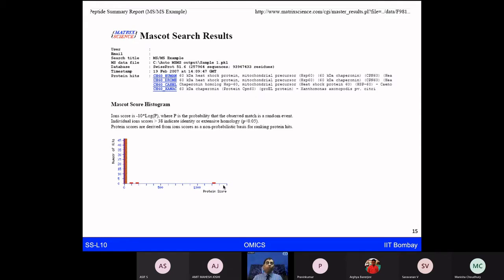Now how to compare, is there anything different in the patients who are having mild fever or the patients who are having severe fever? To do this kind of comparison, let's say you have run every patient sample and analyzed all their proteins using proteomics. So you now have 100 data points, for 50 non-severe or mild and 50 severe patients. And you got maybe 2000 proteins from every individual.